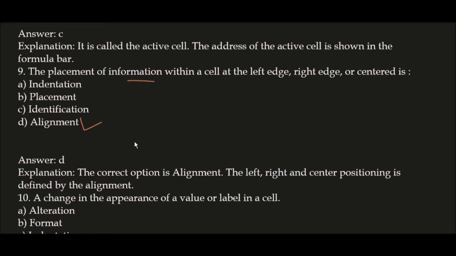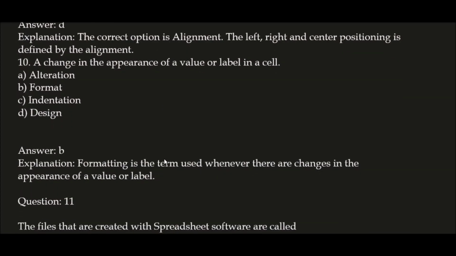Okay, next question, a change in the appearance of a value or label in a cell is called option B format. Okay,